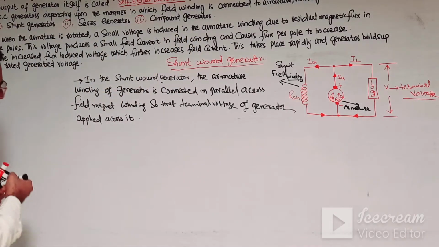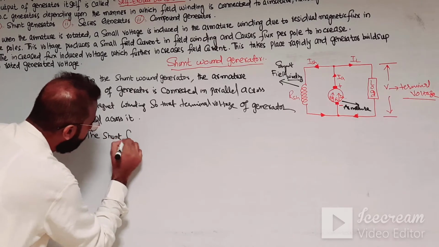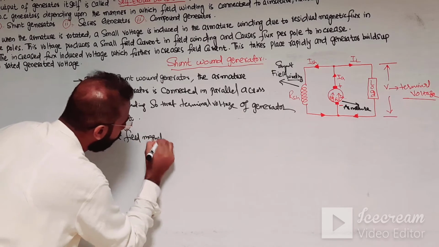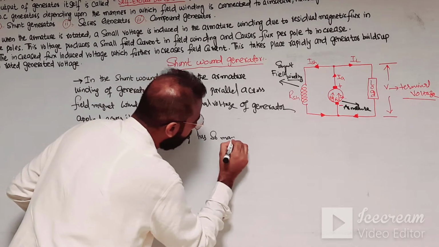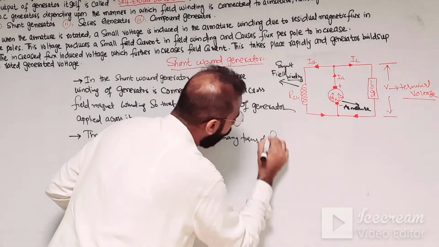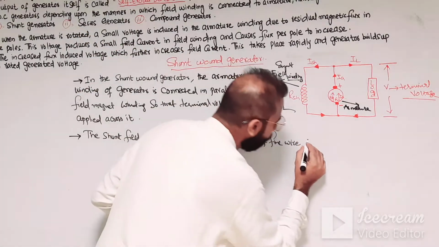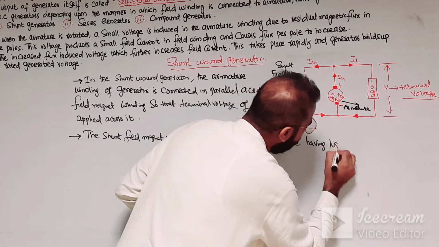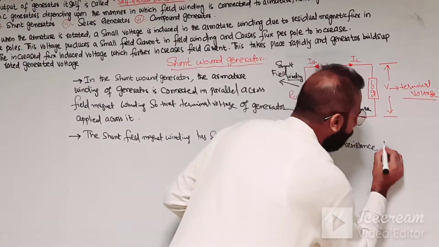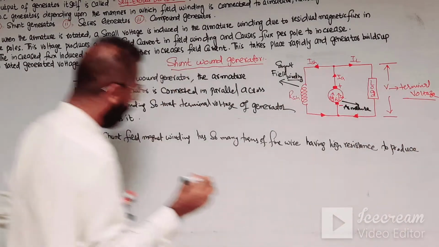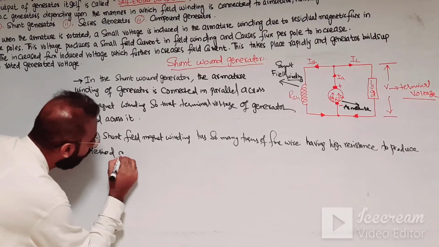The second point is that the shunt field magnet winding has so many strands of fine wire having high resistance, to produce the desired amount of